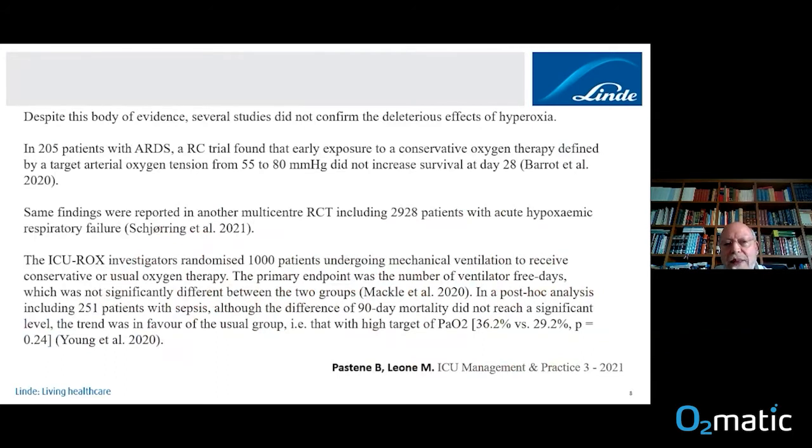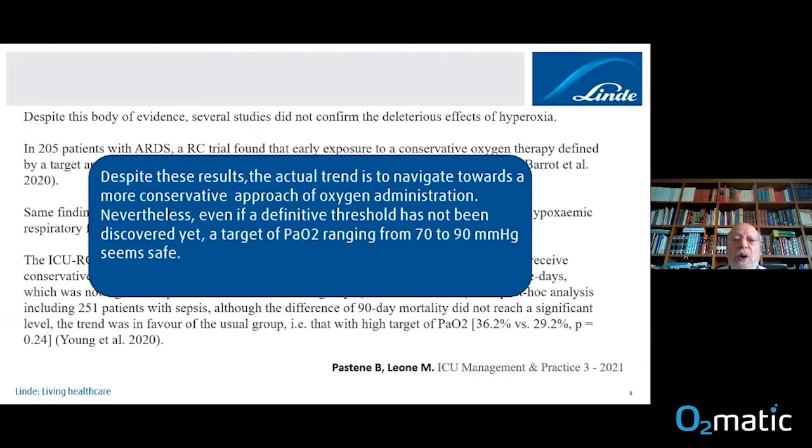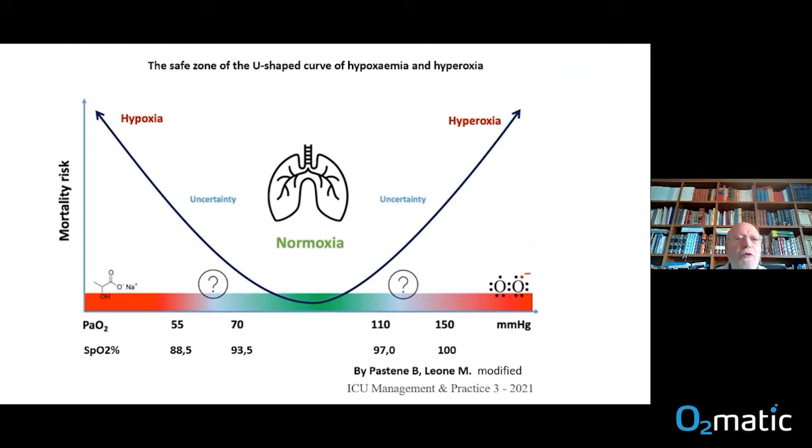So, despite this body of evidence, several studies did not confirm the deleterious effects of hyperoxia, and these are reported in the study of Barrot, Schjørring, and Mikkelsen. Despite these results, however, the current trend is to move towards a more conservative approach of oxygen administration. Nevertheless, even if a definitive threshold is not discovered yet, a target of PaO2 ranging from 70 to 90 millimeters of mercury seems safe. So both hypoxia and hyperoxia expose the patient to a higher mortality risk. So we must, in our clinical practice, target the right values of PaO2 and oxygen saturation to treat our